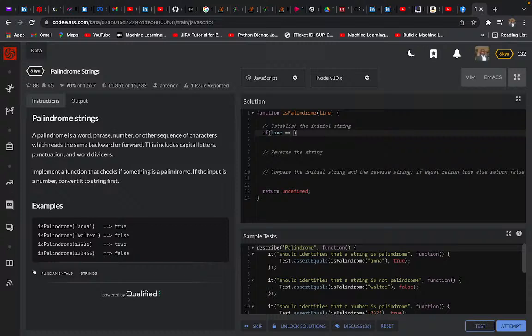okay, you can find a number by using typeof. If line is of typeof, okay, if typeof line is equal to number. Okay, so that's what I should use. I'm going to simply take this out. So if typeof line is a number,